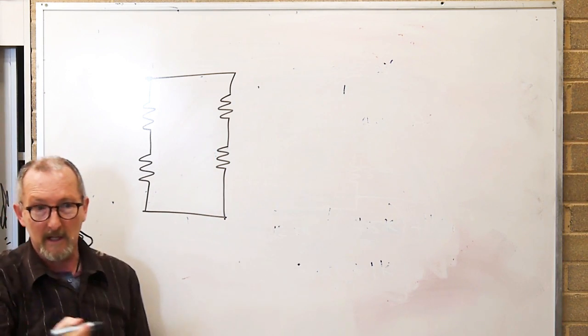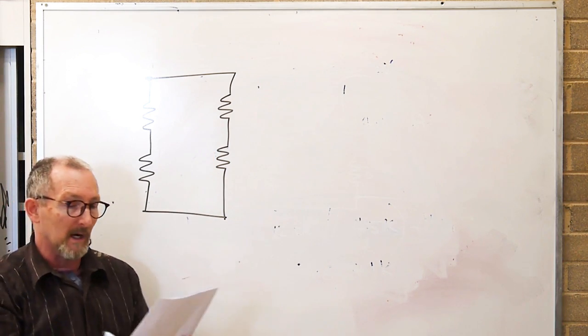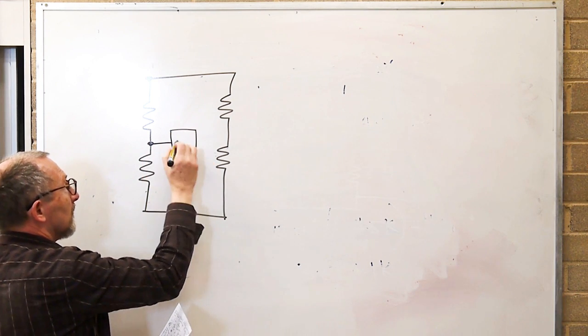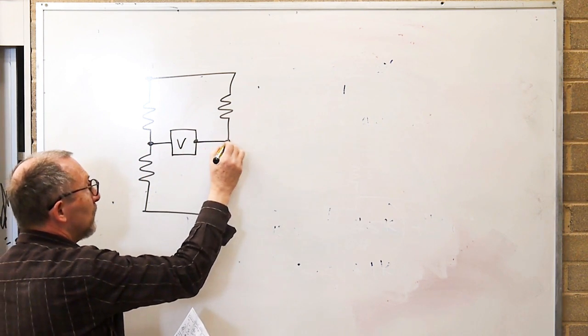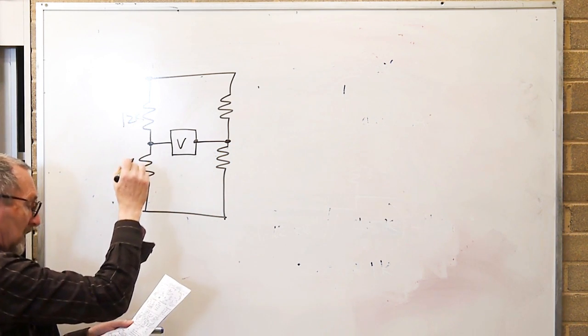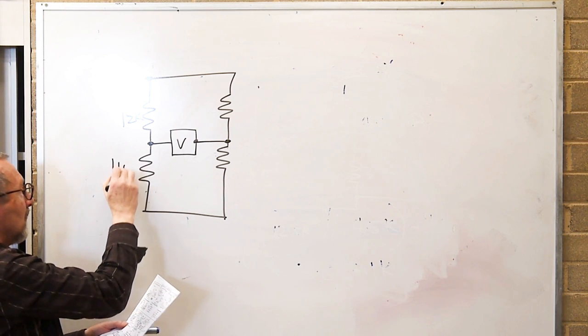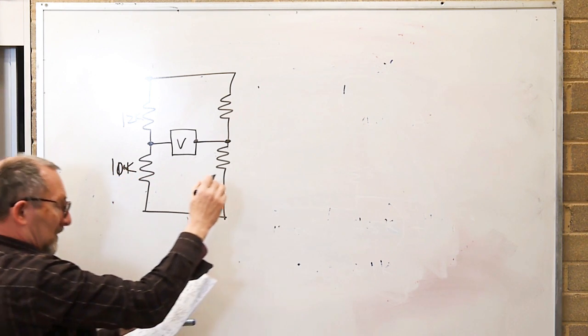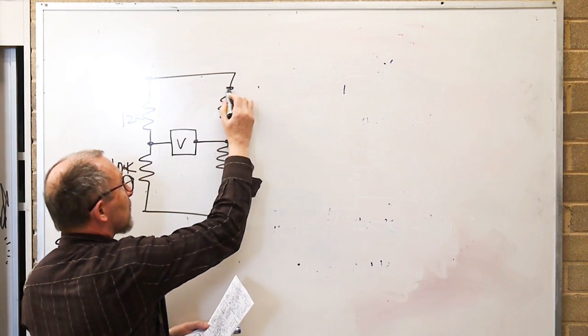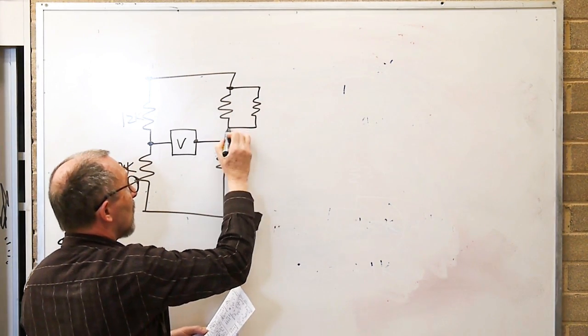Remember, we looked in class at how it can be drawn several different ways, and in this case we're looking at the voltage between 2 points, and we've got 12k and we've got 10k, and over on this side we've got some quite small value resistors,